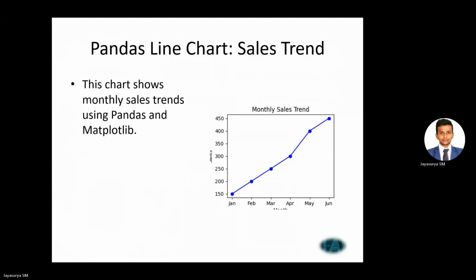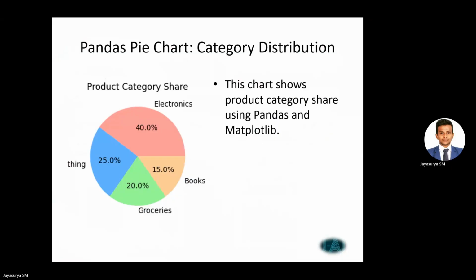So, the pandas pie chart. This is where we can get to know the proportions in a data set. Here we visualize the product category distribution using the pie chart. Pie charts are very useful for understanding the proportions within the data set. For instance, if this represents e-commerce categories, we can see which category contributes the most